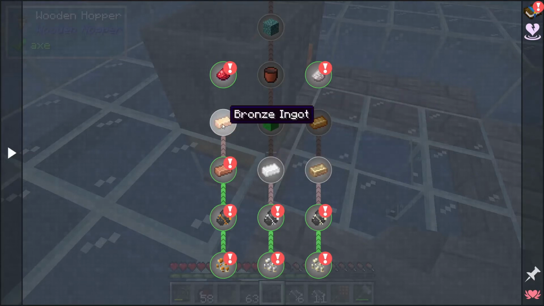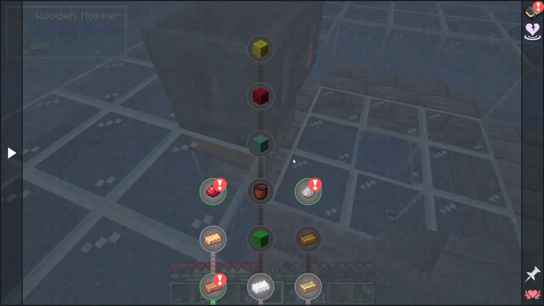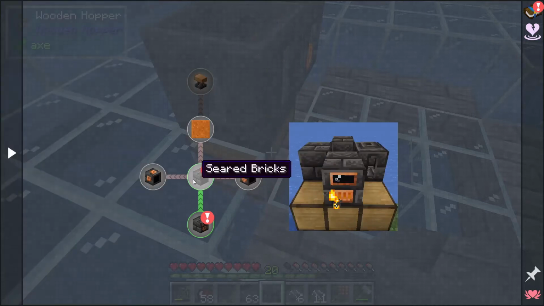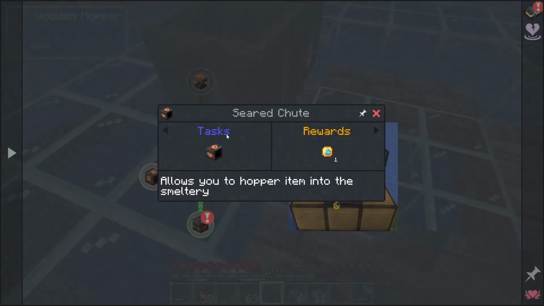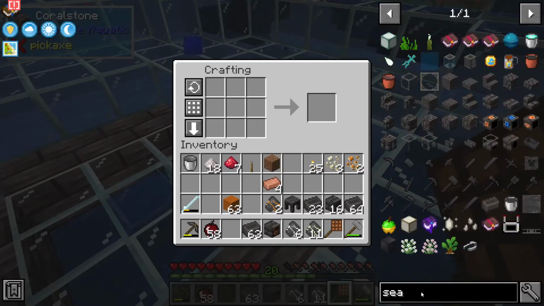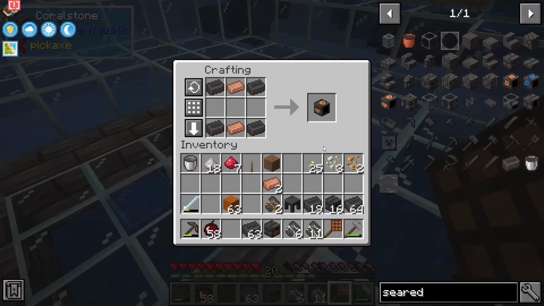We're going to need to make constantan and bronze, and then work our way up this quest line. So we're kind of doing 2 quest lines at a time, but we really want to get this Tinker Smeltery set up. So a seared chute, pretty easy to make. The seared drain is the copper moved into these slots here, so we will go ahead and craft those by just typing in seared in JEI. This is the seared chute,